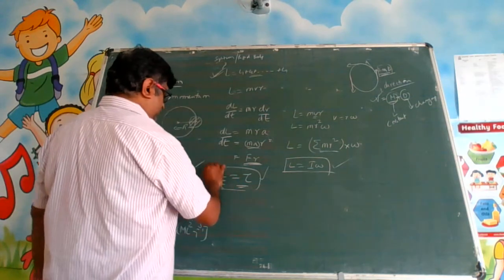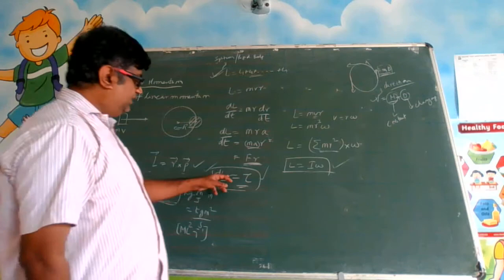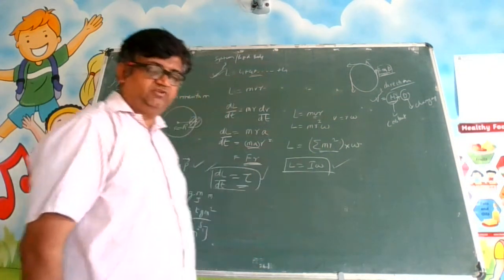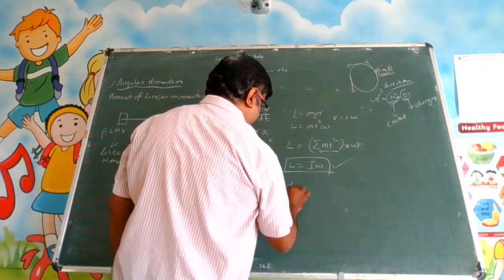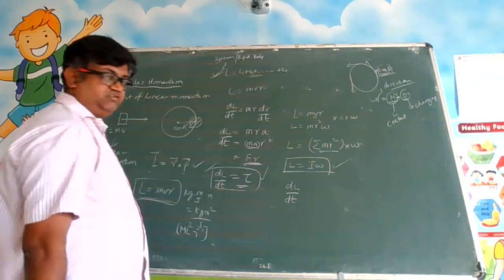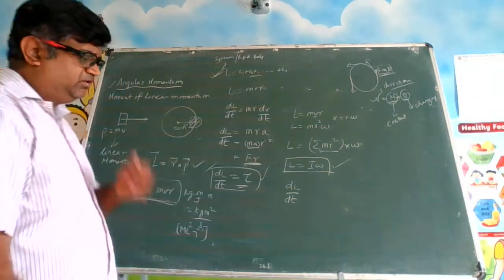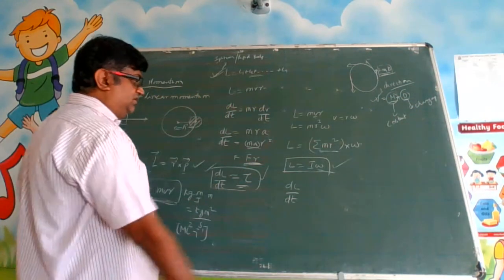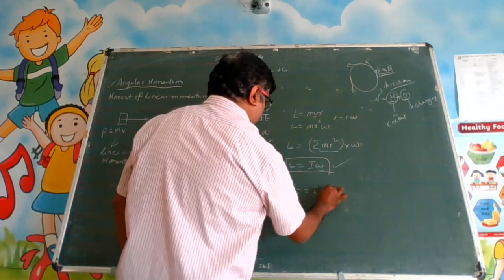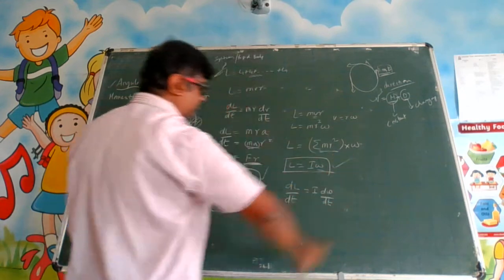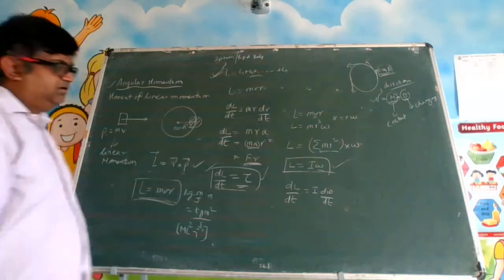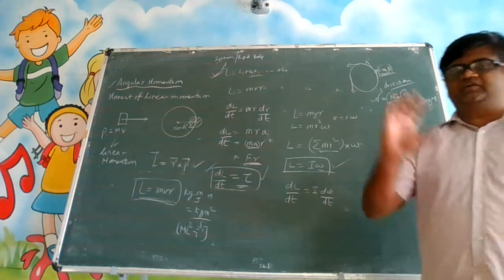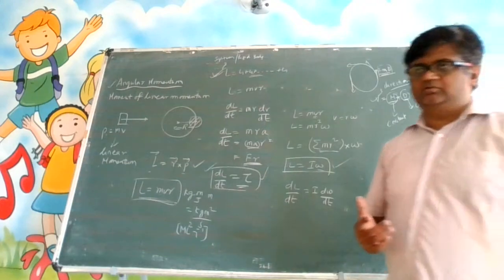Now, one expression you got is when you differentiate angular momentum with respect to time, you get torque. Let us differentiate here also and see what happens. So dL by dt, I am differentiating both sides with respect to time. I cannot differentiate I because I for a material is constant. What can change is the angular speed. So it will be I into d omega by dt. I am taking I as a constant. For a spherical object, there is a constant I value. When a spherical object is rotating, the I value will not change.